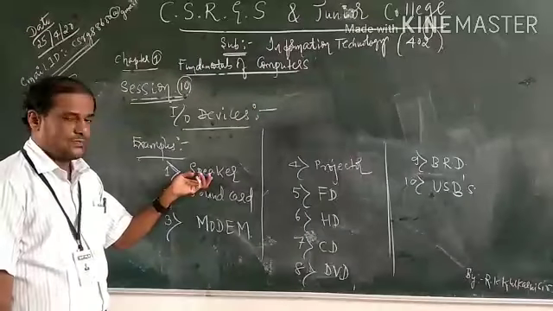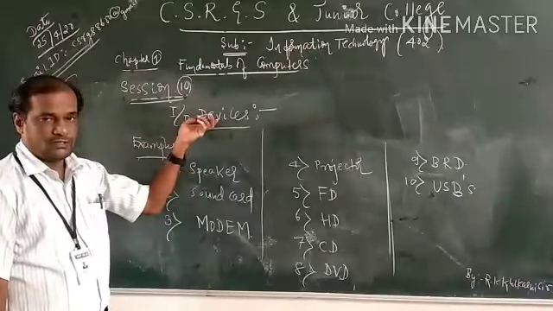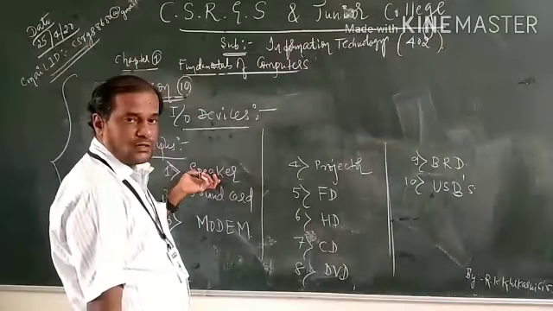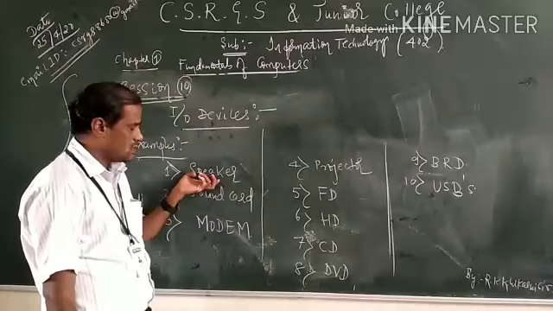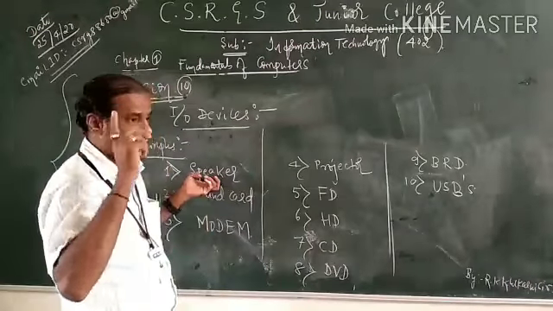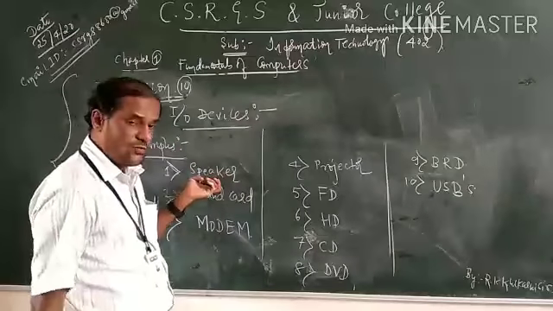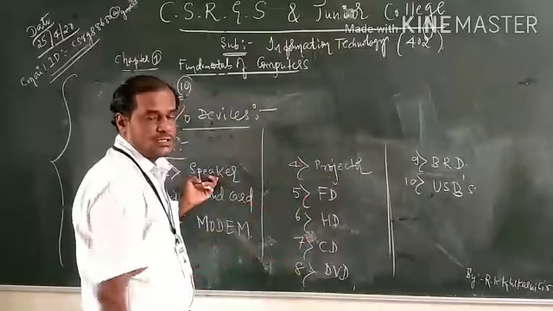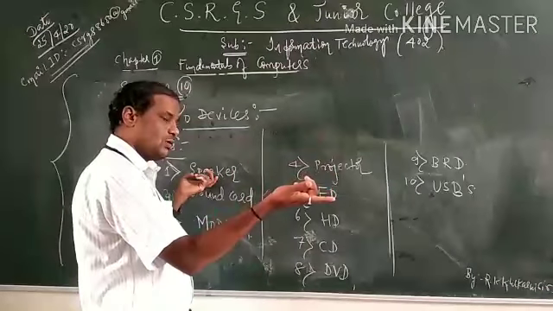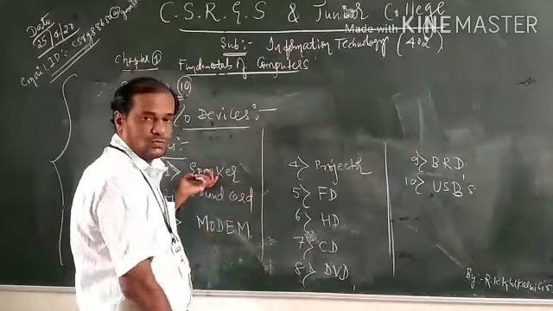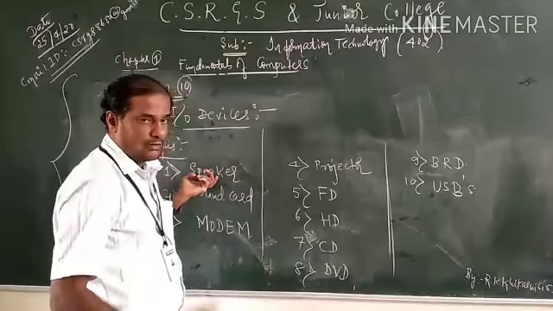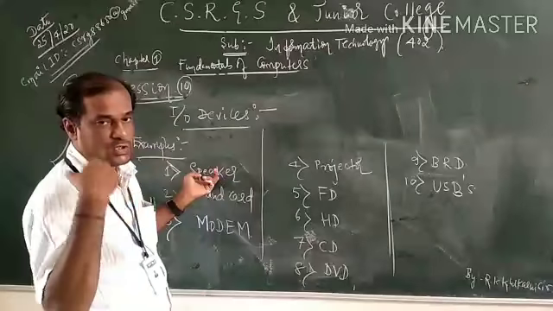Coming to the first one, speaker. Speaker is an I/O device. It is called an I/O device because with the speaker we can listen to the sound. The main use of the speaker is that we can listen to the sound, that is the output. But before output it will take the input from the CPU, with the help of the sound card. So taking is input, and again amplifying and giving is output. Whatever sound we listen to is amplified sound, that is called output.